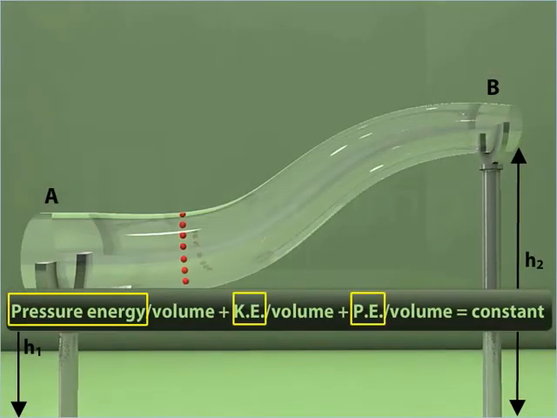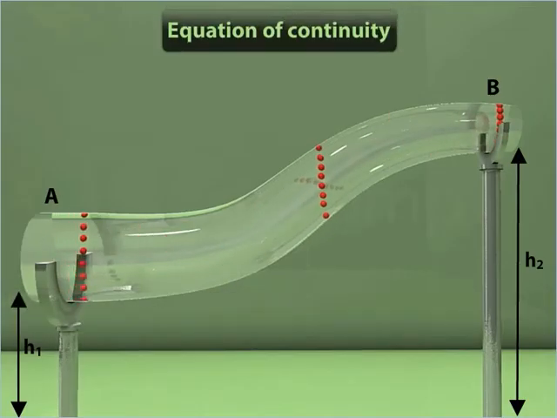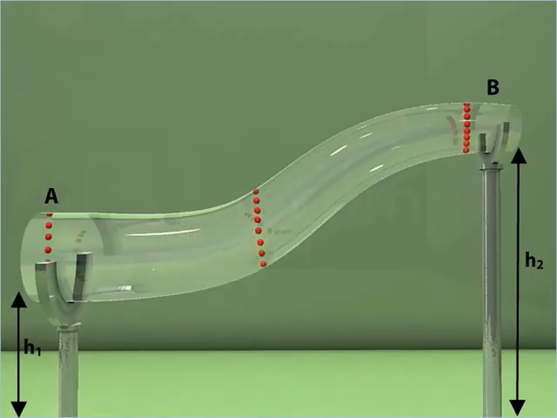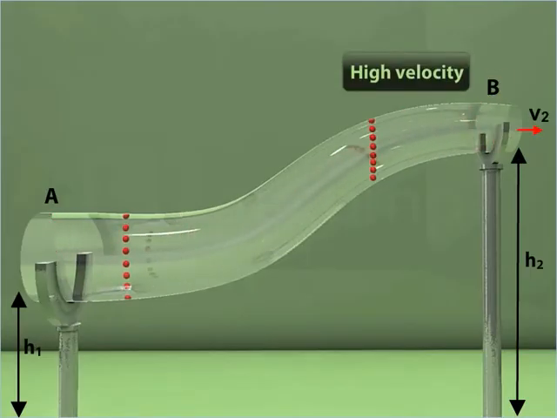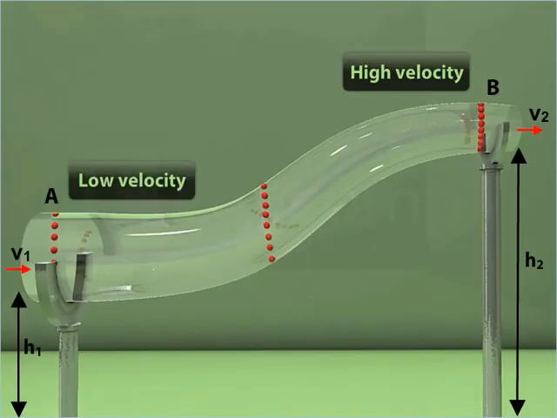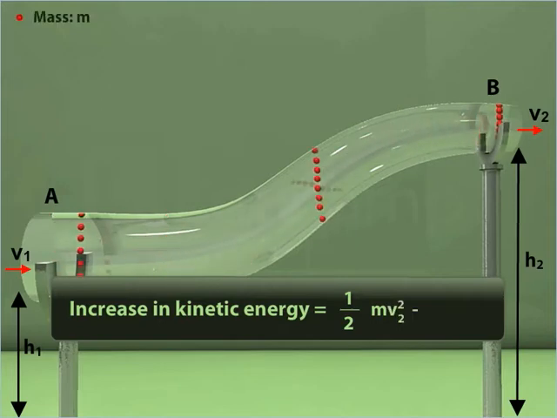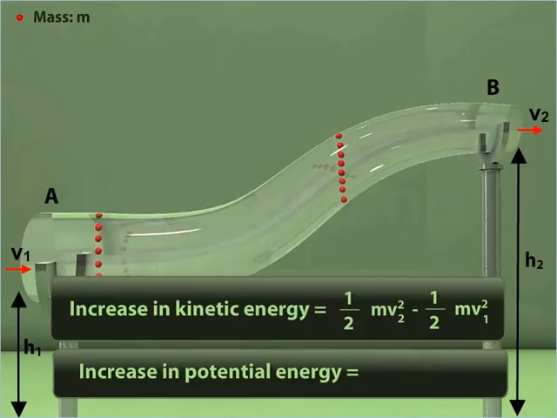Let's calculate the named energies separately. From the equation of continuity, velocity is high for a region of less cross-sectional area. Thus, the velocity at point B is greater than the velocity at point A. The increase in kinetic energy from point A to B is given as half m v2 squared minus half m v1 squared. The increase in potential energy from point A to B is given as mgh2 minus